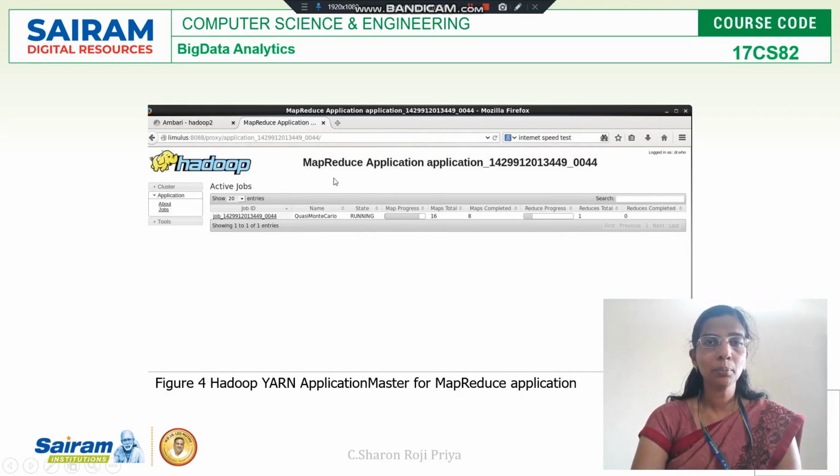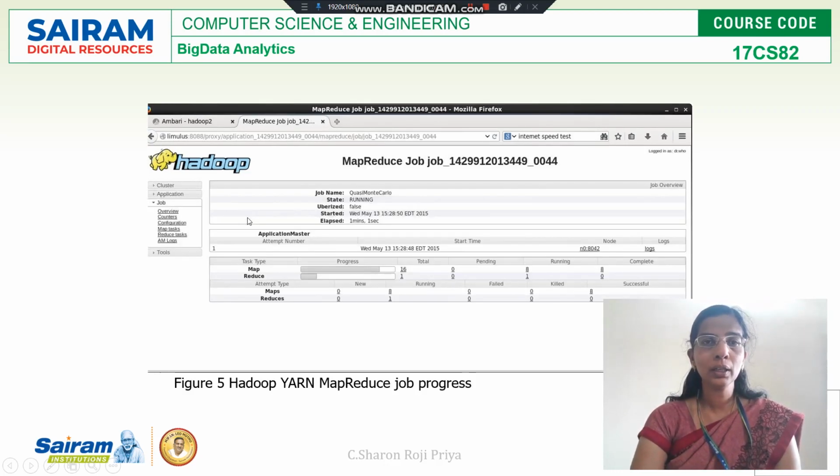And here in this MapReduce application window, you have a job ID. When you click this job ID, you will get a window with the job progress of each and every job. How many are pending, how many are running, how many are completed, how many are killed, you will get your job progress.